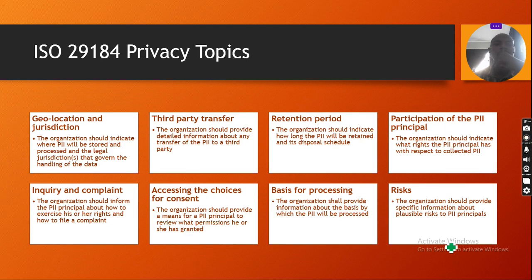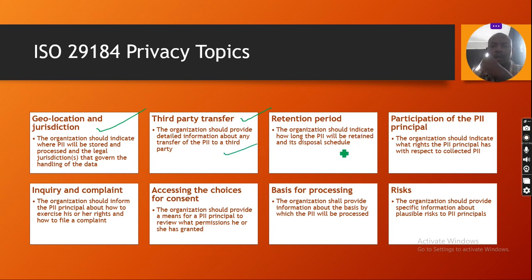Then the geolocation jurisdiction: the organization should indicate where the PII should be stored and processed. Then third-party transfer: the organization should provide detailed information about any transfer of PII to a third party. You must let us know.